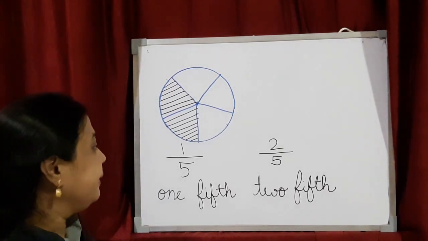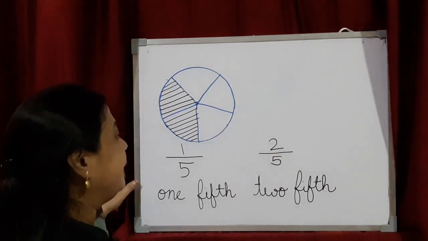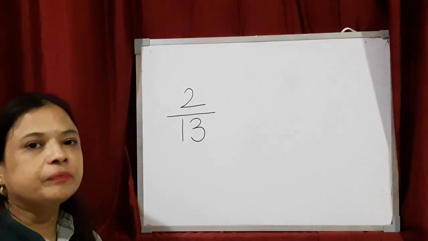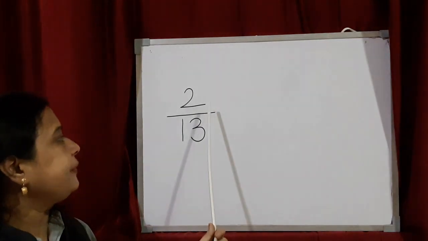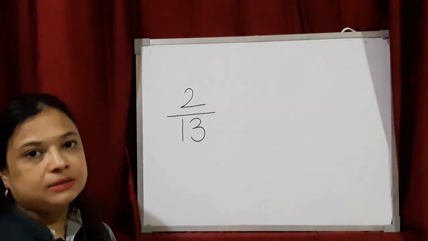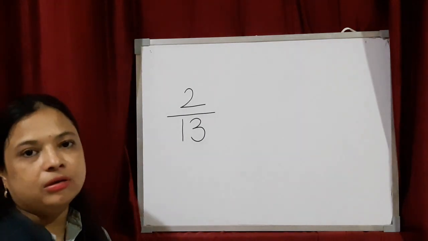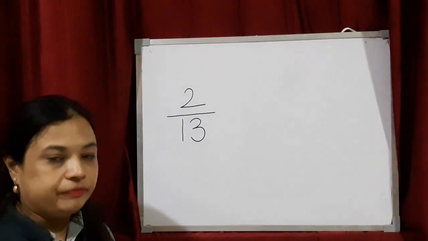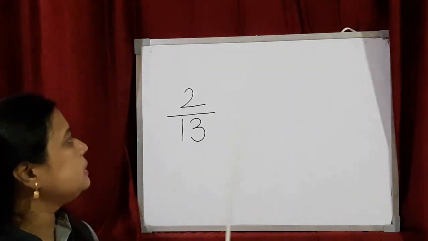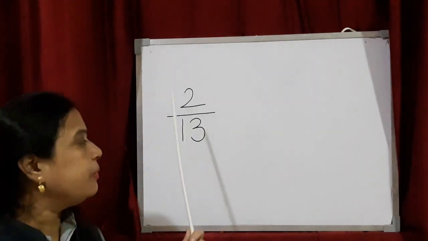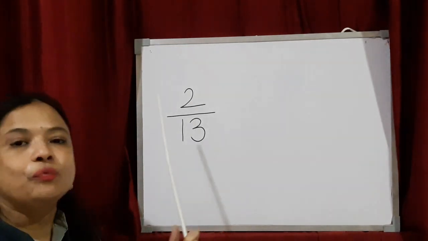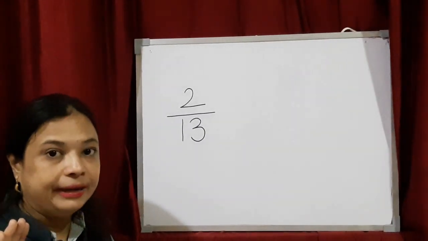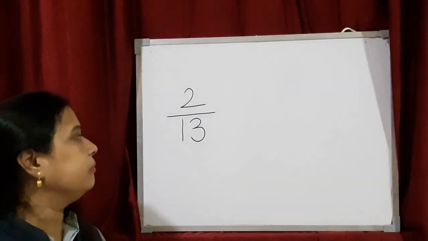Now children, look here. Suppose this is 2/13, right? Now children, what number is this? What number had I written here, and how will we read this number? So there are 3 ways which I had already taught you. You can say 2/13, or you can say 2/13th, right? Cardinal number and ordinal number.